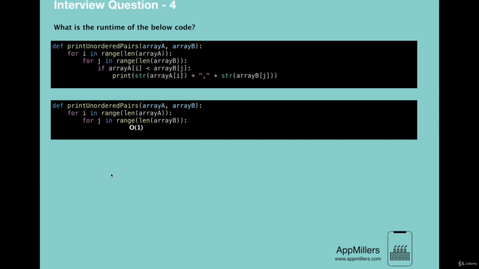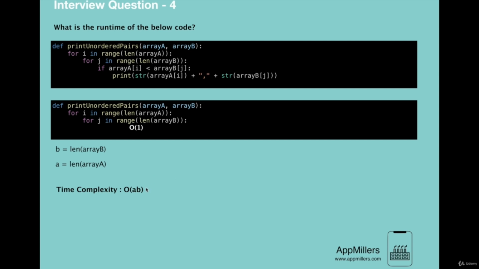Now we can assume that B equals the length of array B and A is the length of array A. Now, for each element of array A, the inner loop goes B number of iterations. If A is the length of array A and B is the length of array B, then the runtime is O(AB). Many students here think that this should be a quadratic time complexity. This is an extremely